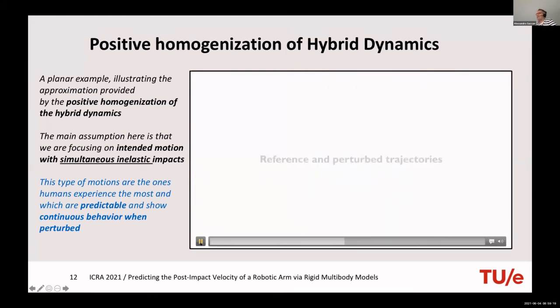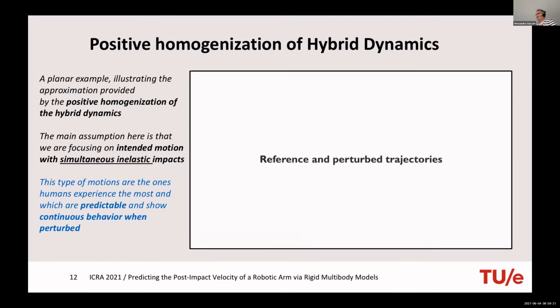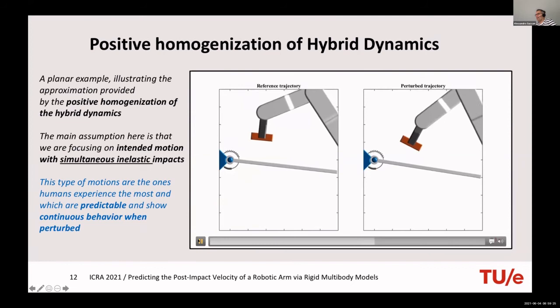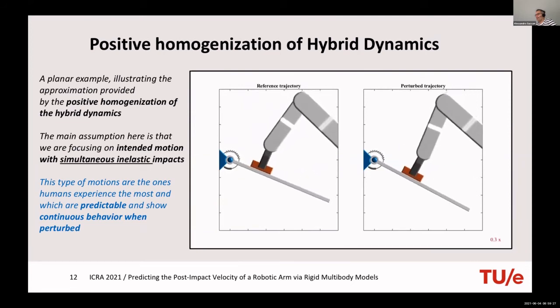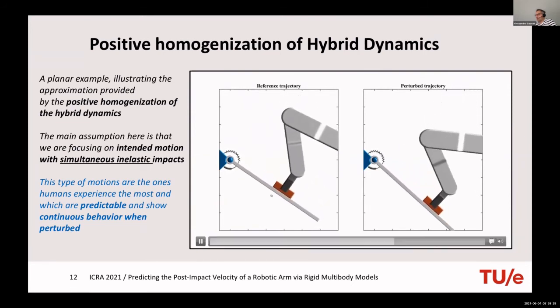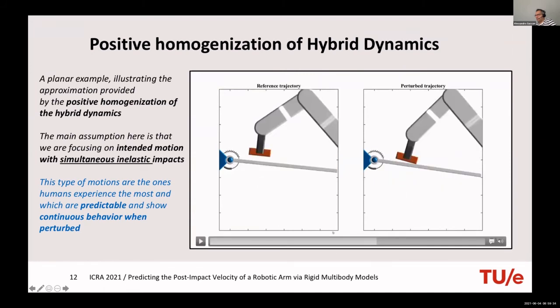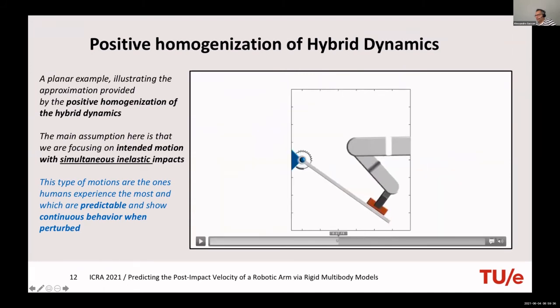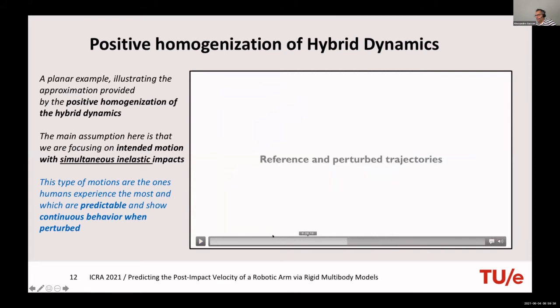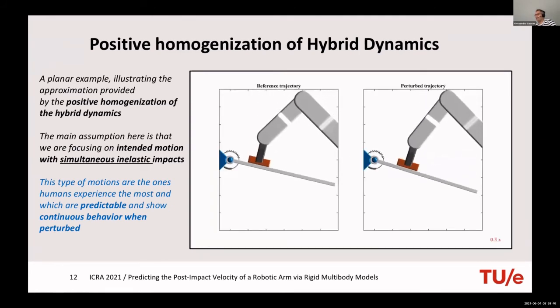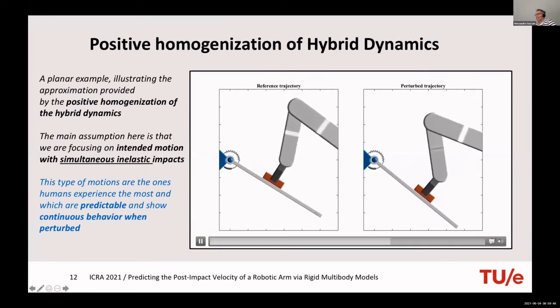If you perturb the trajectory I was telling you about before, then you see that there are two impacts now. You should look at the plot on the right. I hope you saw it. I think it's nice to show it again. If you look at the right, because there is uncertainty, you don't really know where the plate is. This is what you will experience: two impacts.